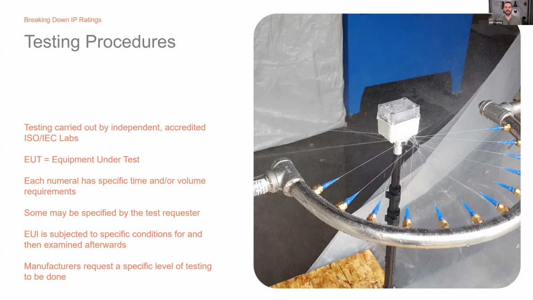So in other words, a manufacturer can choose not to test for one of those 2 different levels if it's either not applicable or they know it is maybe not necessary. In terms of testing procedures, testing is going to be carried out by independent and accredited ISO or IEC labs. So that's another really important part of it. Again, the standard is an independent standard, and these are done by accredited and independent verifiable labs that are doing